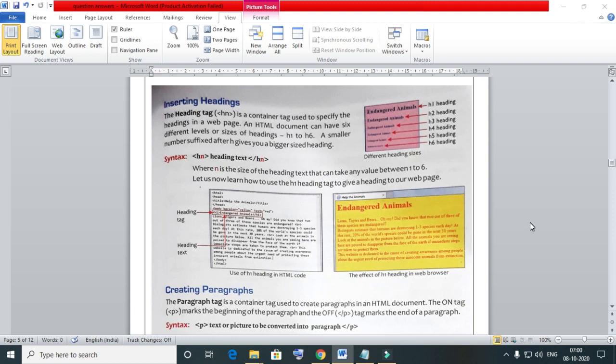So the heading tag, that is Hn, actually the heading tag could be from H1 to H6. So for the number 1 to 6, n is specified. Hn is a container tag used to specify the headings in a web page.